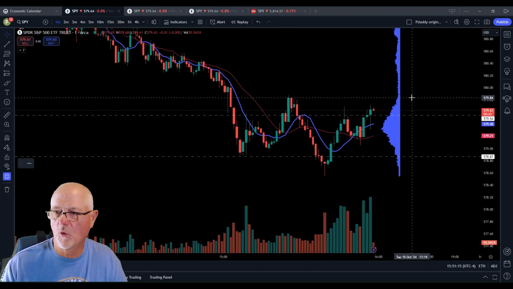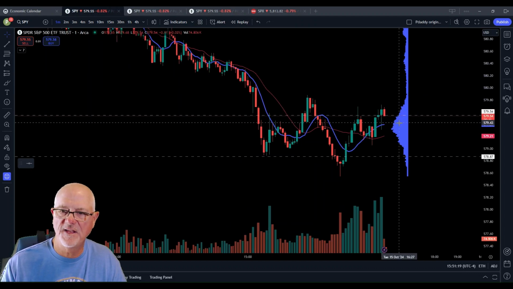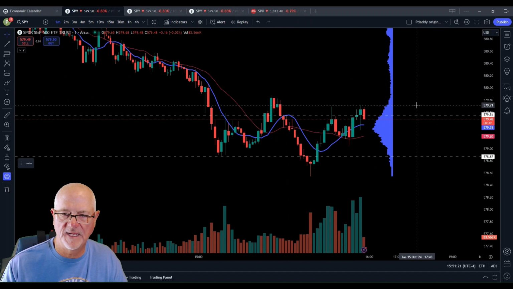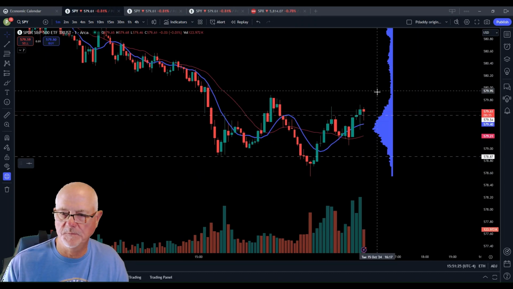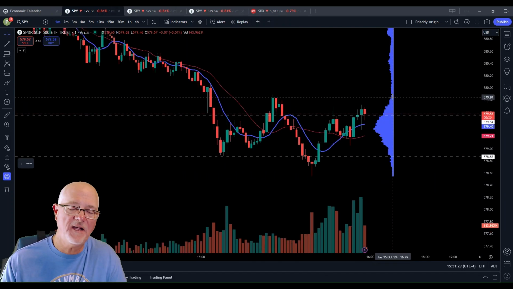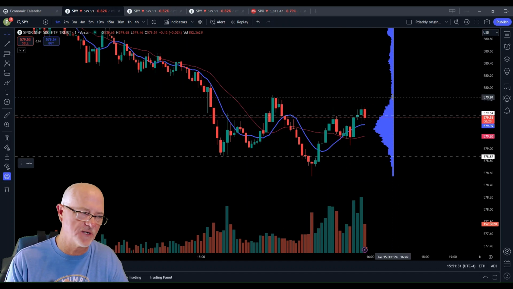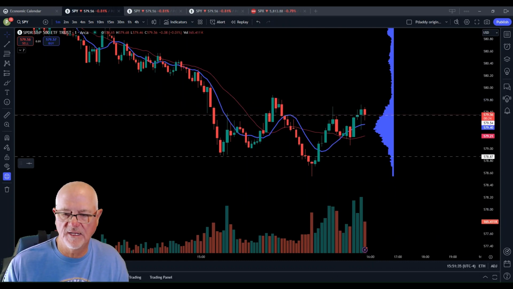Then we're looking for more levels. Again, we can look left, we can look right. We have thin volume up here. But again, no edge for me as of yet, folks. If my edge doesn't present itself, I'm not going to put on the trade. I'm not going to feel like I want to chase a trade, folks. Chasing trades is never, ever a good thing, folks. So don't chase.